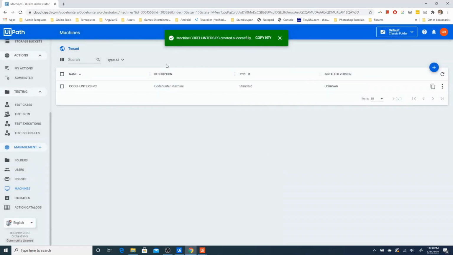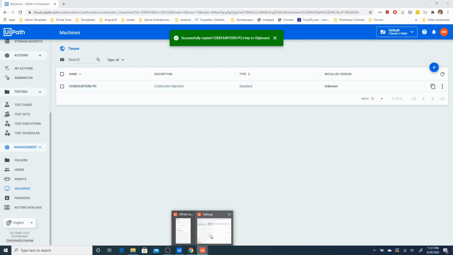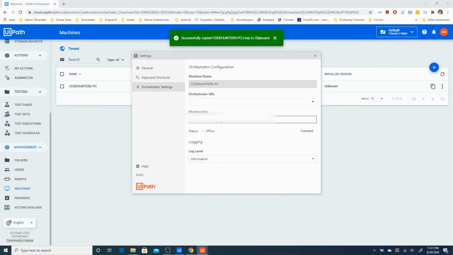Now you can see my machine has been added, but it's now in orchestrator. So if I click on this button, you can see a copy machine key. We can click on this button to copy the machine's key. Now I can come again here and I will paste the machine key here.